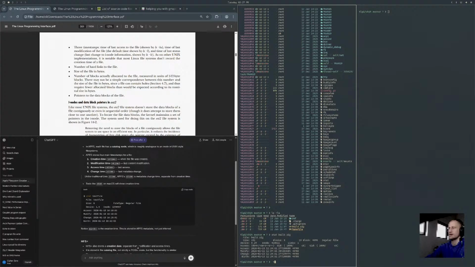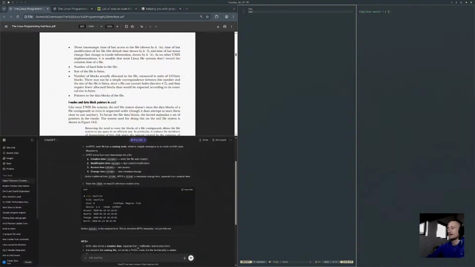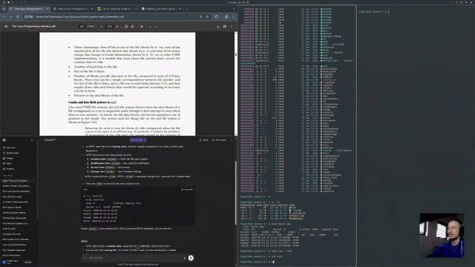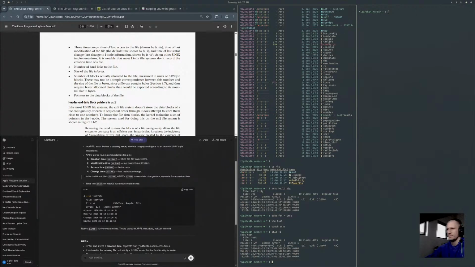Well, we'll just touch, or we'll say echo foo into test. And then we'll vim test, add bar. And then touch test. And then stat test.